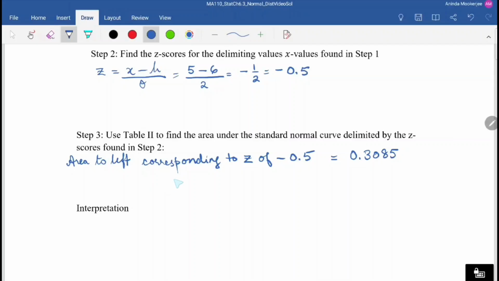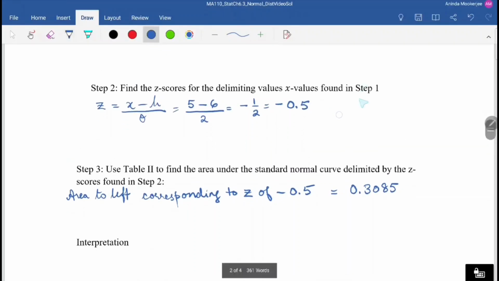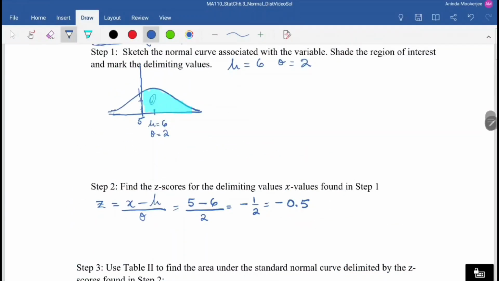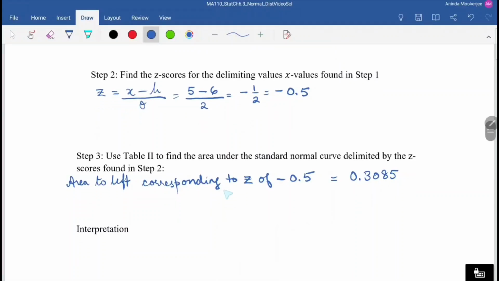However, we are looking for area to the right, correct? So the area to the right of z equals negative 0.5 is 1 minus 0.3085,